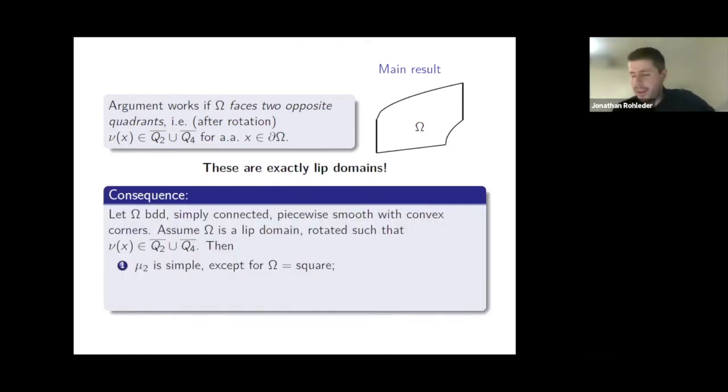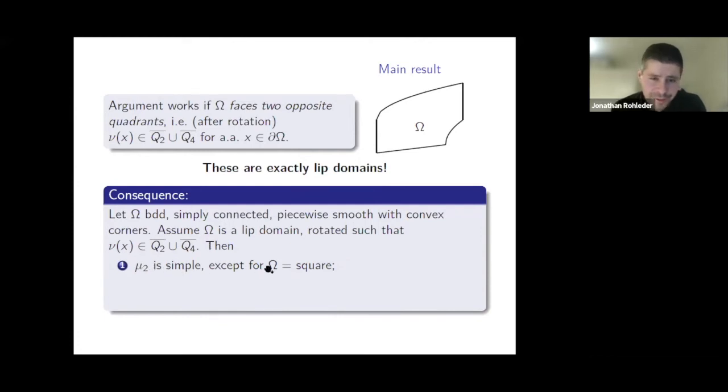That means what we get here is the following: if I have a bounded, simply connected domain with piecewise smooth boundary, with corners only those that are convex, and if we assume that omega is a lip domain, that is, we have just this situation where we can rotate the domain. This is just a question of rotating a lip domain in such a way that it satisfies this property, that it looks like this. And if we rotate it like this, which we can of course assume without loss of generality, it doesn't matter how we rotate our domain, then